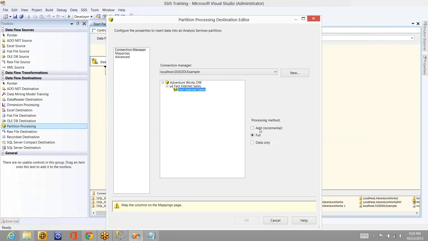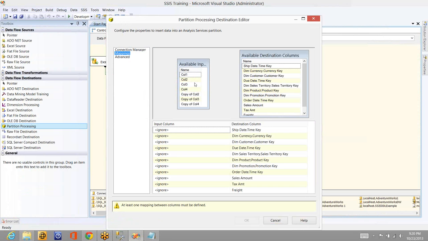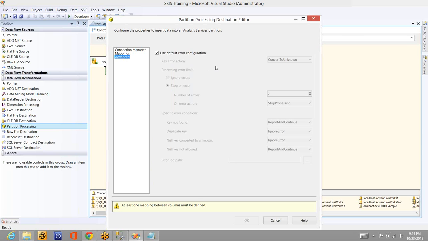So here it's again the same story. Either you want to process add, or process full, or process data only. And the mapping from the source, whatever columns you are getting, are the columns that are present or used in the measure group table or fact table, or you can say partition table, in Analysis Services. So as you can see here, you have to give some connections, like from which column you are going to push the data to which partition in the SSIS cube. And once it is given, then you can give the